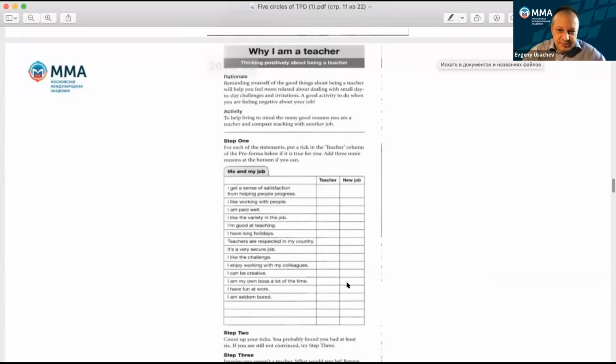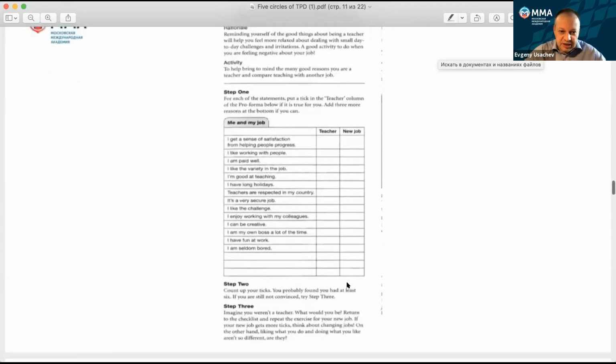If it's true for us, okay, we can also add some other reasons. For instance, me and my job. So I'm a teacher because I get a sense of satisfaction from helping people progress, or I like the variety in the job, or I enjoy working with my colleagues, or I have fun at work. Okay, and at step number 2, we just count up our ticks, and if we have at least 6, I suppose it's a good result.